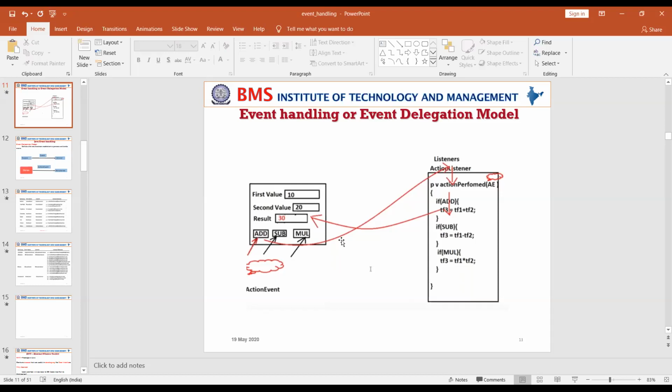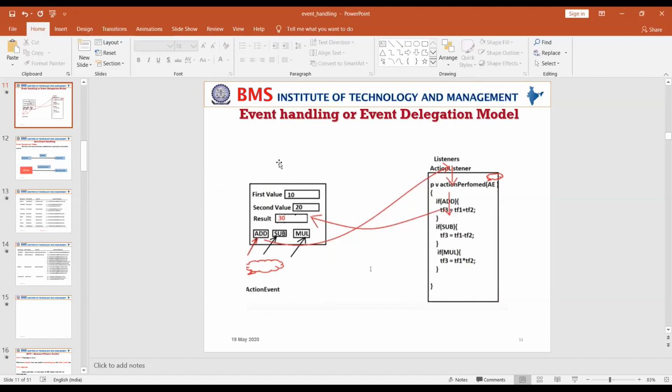Whenever you are developing GUI applications, we are going to make use of various GUI components, like labels, text fields, checkboxes, radio buttons, a list, a menu, a drop down list, and frames. All these come under the category of GUI components. Making use of these components, you can develop any Java application, a GUI Java application, something like this.